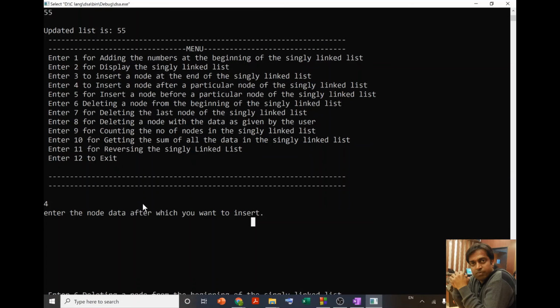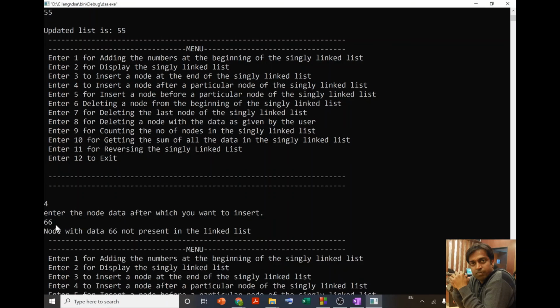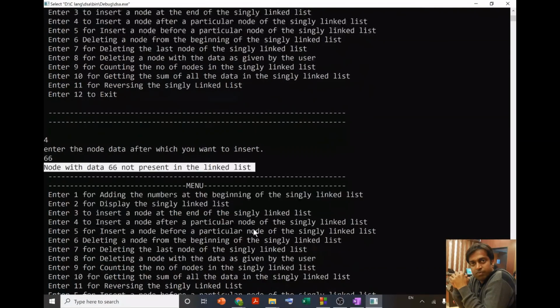So if I enter 66, it means this 66 is not present in our linked list. Let's see what output it is going to show. It is showing me node with data 66 not present in the linked list. Since it is not present, we cannot insert a new node.